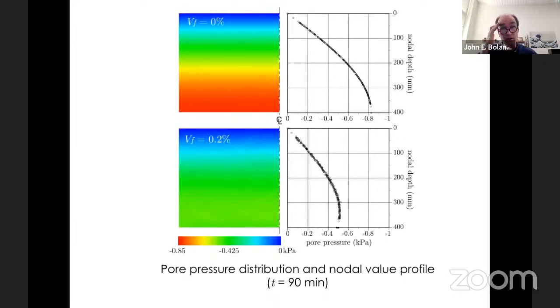Conversely, when you add fibers that conduct water flow, you relieve the pore pressure distribution near the bottom of the concrete. The water can move upward more freely, which accelerates the settlement. So you have these two different competing effects, stiffening effect and enhanced conductivity, which increases the settlement.